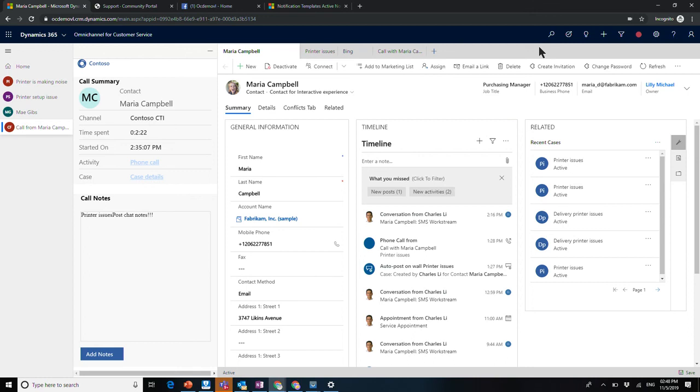This experience that you see is the latest omni-channel for customer service experience. The traditional Dynamics 365 experience, or unified interface, or model-driven app experience, was a single session experience. You did not have this on the left. You did not have the tabs on the right. You had a standard site map and a single page navigation.